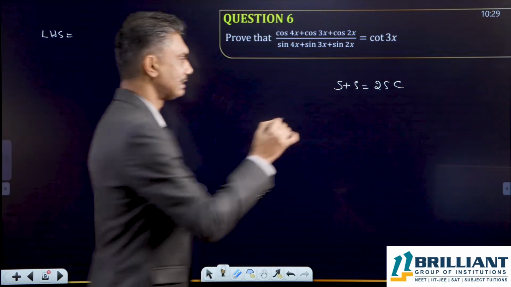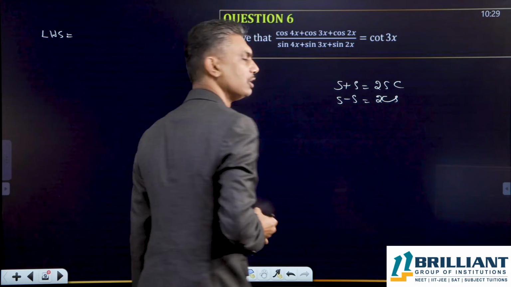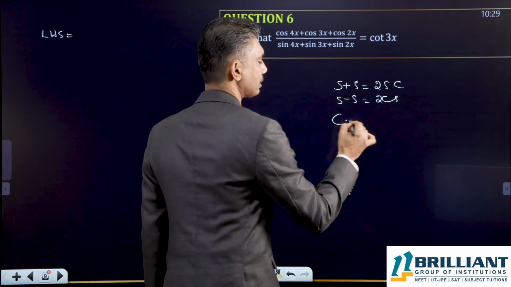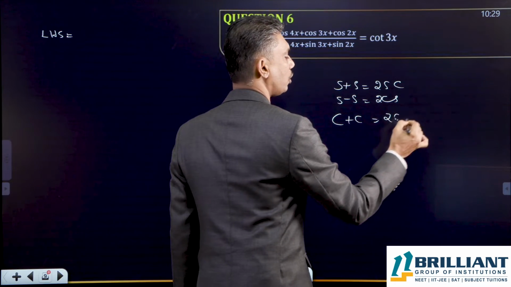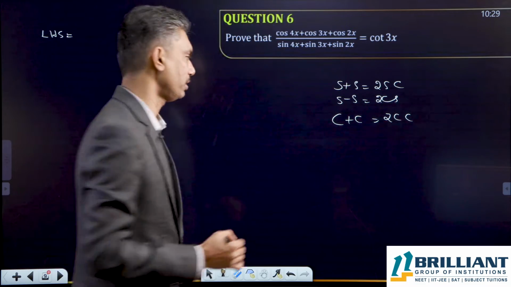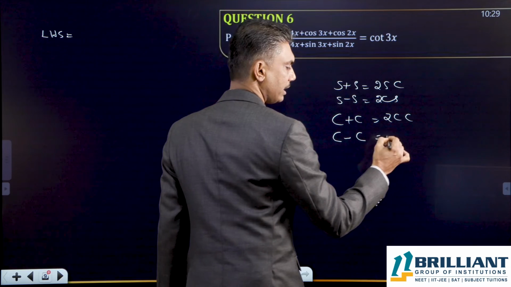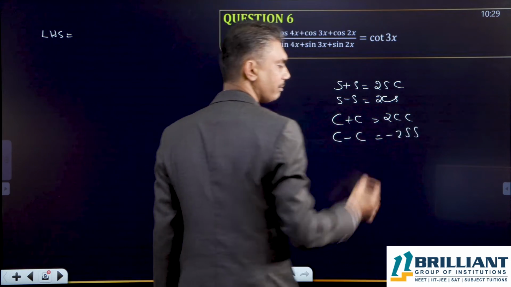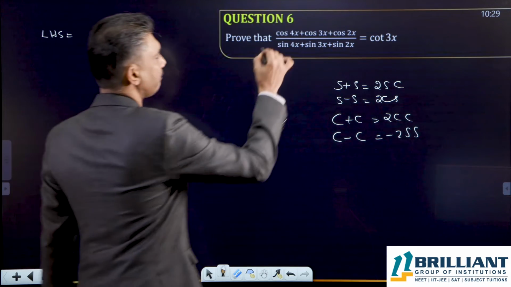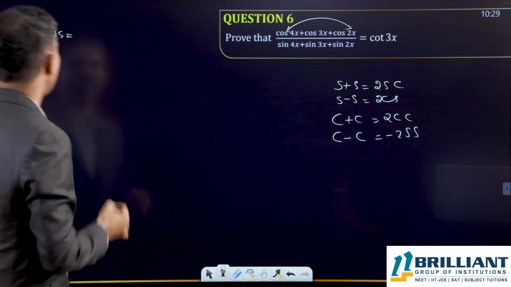Keep in mind. Sin C minus sin D, 2 cos sin: 2 cos C plus D by 2 into sin C minus D by 2. Cos C plus cos D, 2 cos cos: 2 cos C plus D by 2 into cos C minus D by 2. Cos C minus cos D is minus 2 sin sin: minus 2 sin C plus D by 2 into sin C minus D by 2. So, you see, if I combine 4x and 2x, I will rearrange the LHS is equal